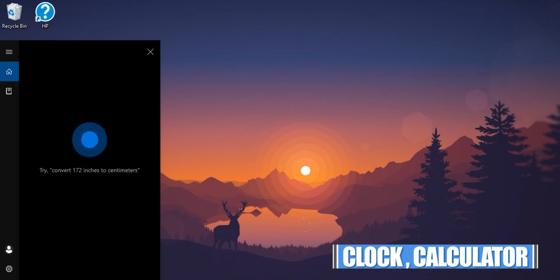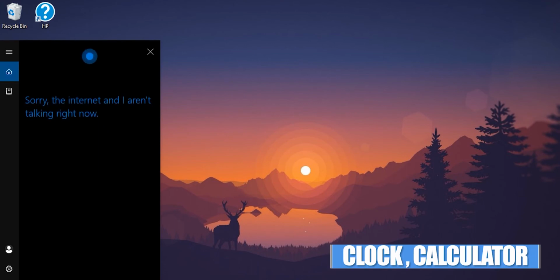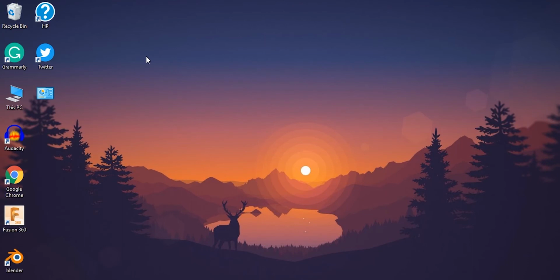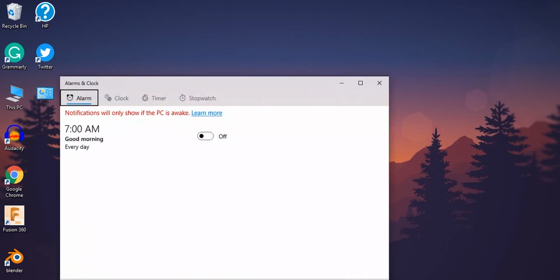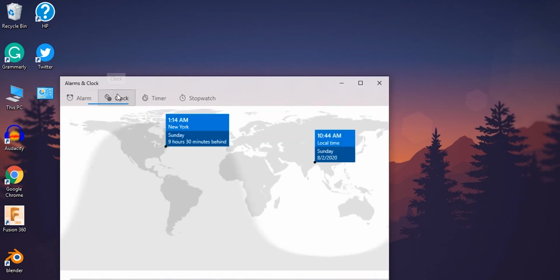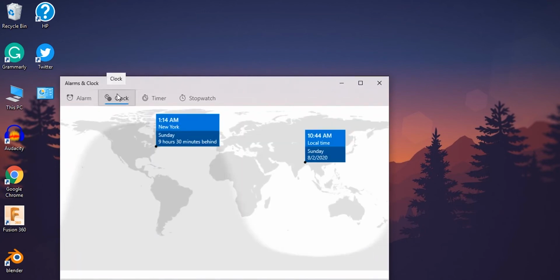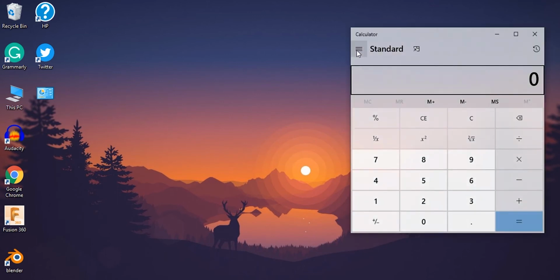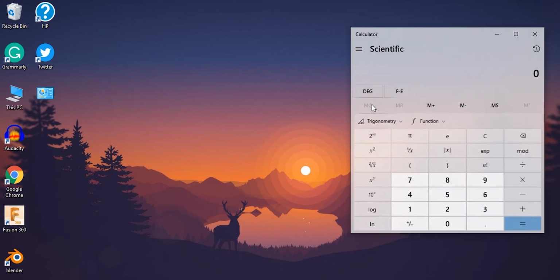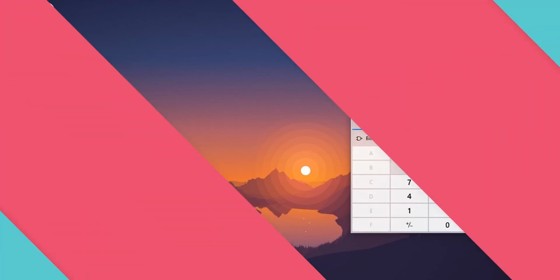I normally don't recognize the power of default apps. Clock and calculator are among them. The default Windows clock has some nice features. Open alarm and clock and now click on clock. This shows your current location and time. Now if you add location using the plus icon, it shows the time there and difference between them, like 9.5 hours behind, etc. Even the calculator app is so powerful. It has scientific mode, it has programmer calculator, and it also has a lot of conversions including currency.